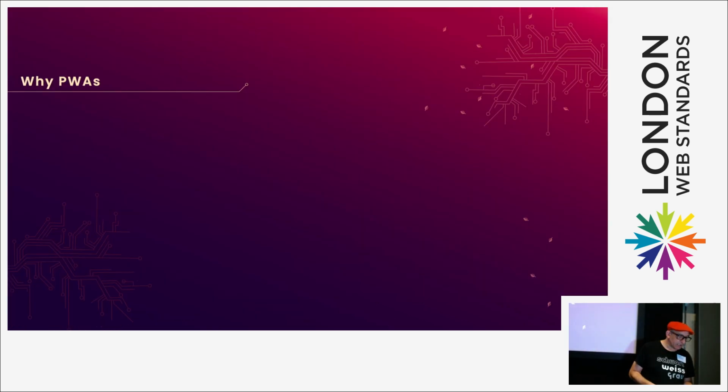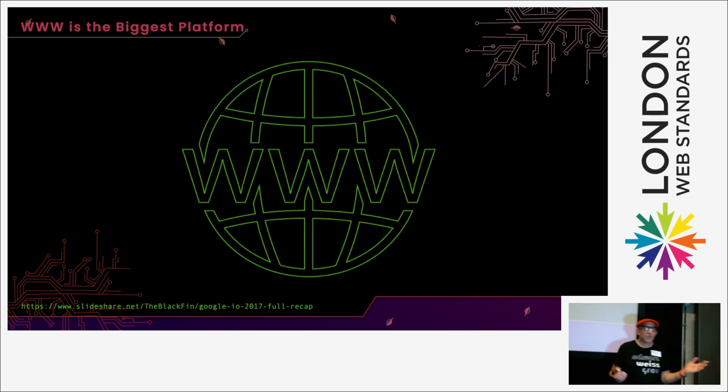So, why should we use progressive web apps? The web, I don't care what anybody in any company says, is the biggest platform in the world. It is bigger than every Apple device in the world. It is bigger than every Android device, every Windows device, because it is a browser and it connects to this thing. If you build a native app, it will only work on the device that it was built for. If you build a progressive web app, it will work on any device that has a browser, and fridges have them nowadays.